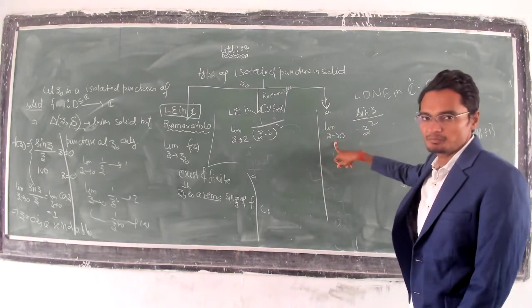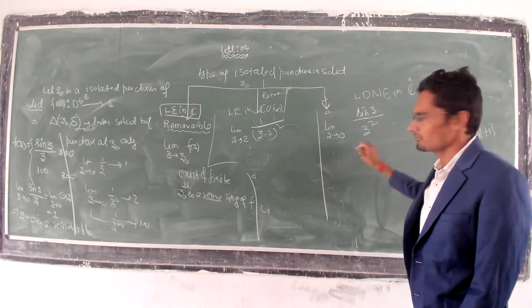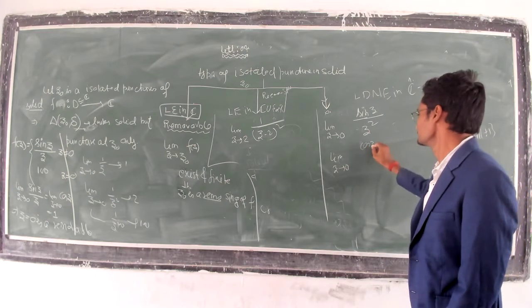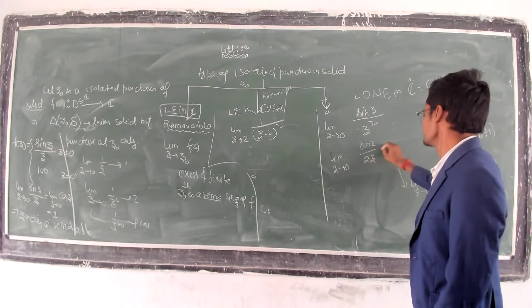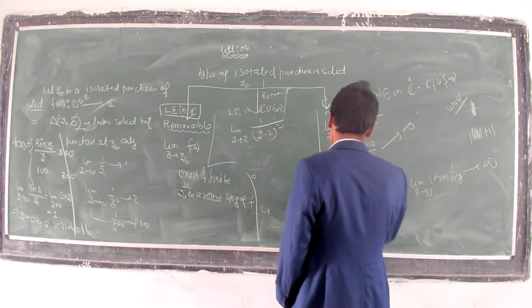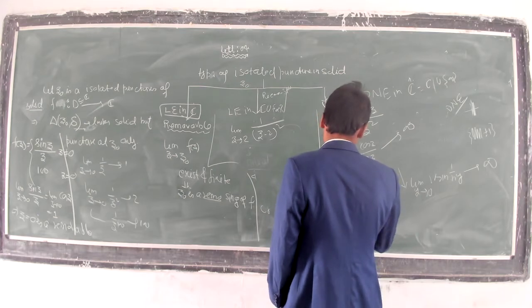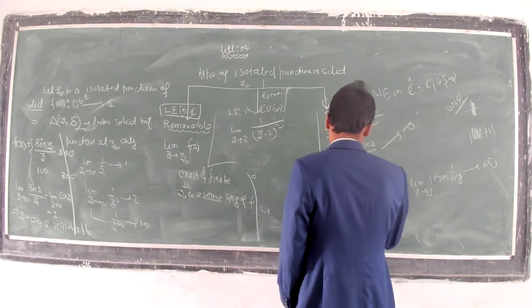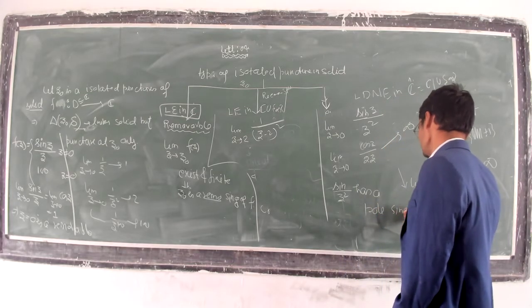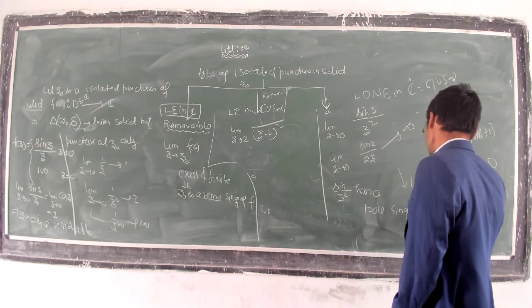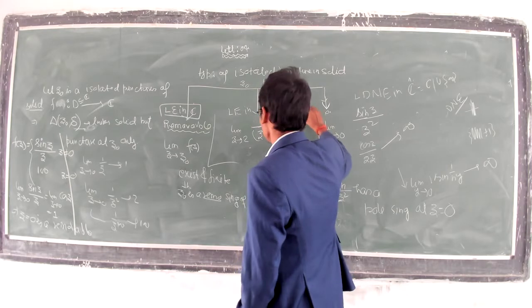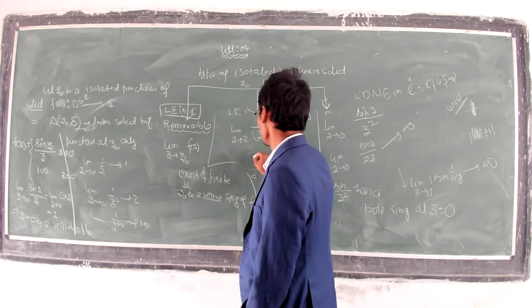Limit z tending to 0, it will be 0 by 0 form. We will apply the L'Hospital rule. It will go to infinity at 2. This implies that